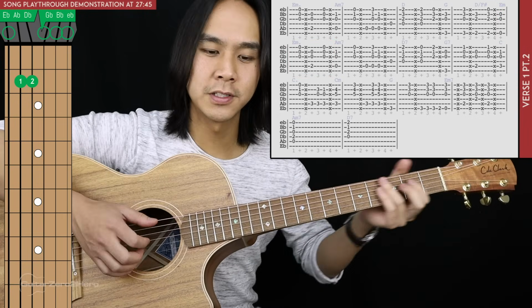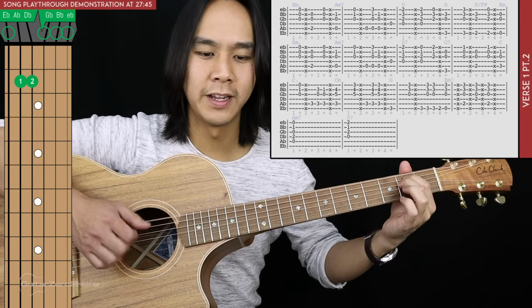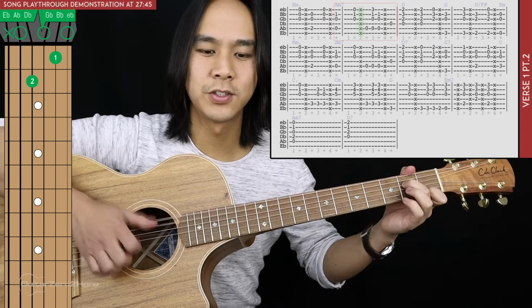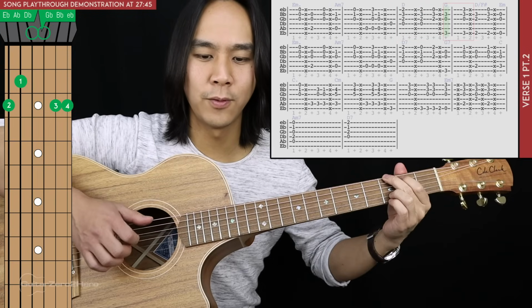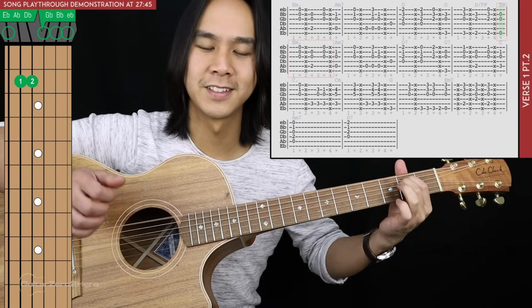So in total for the first line here of the second half of the verse, and 1 and 2 and 3 and 4, and 1 and 2 and 3 and 4, and 1 and 2 and 3 and 4, and 1 and 2 and 3 and 4, and...